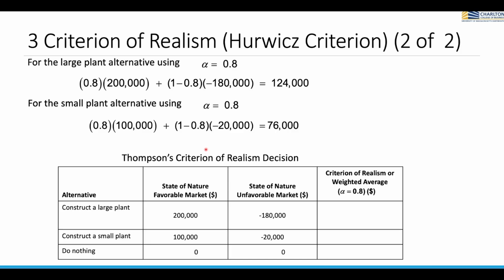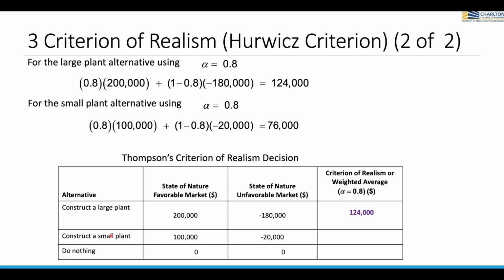Let's look at the example. Let's assume that alpha is 80%. That's a weight for being optimistic. For constructing a large plant, between 200,000 and losing 180,000, 200,000 is the optimistic or the best possible payoff. This is the worst possible payoff. So 80% of 200,000 plus 1 minus 80% multiplied by minus 180,000 would be 120,000. So for the first choice, the weighted average payoff is